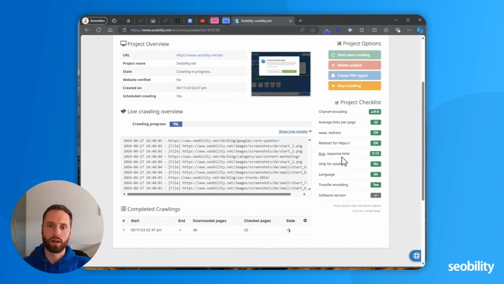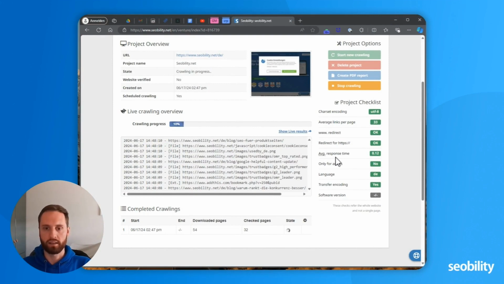So while you can look at the response time for each page in the detailed analysis, you also get an average value here. Maybe your redirect settings are not really functional or do have problems. You would see it here and stuff like that.